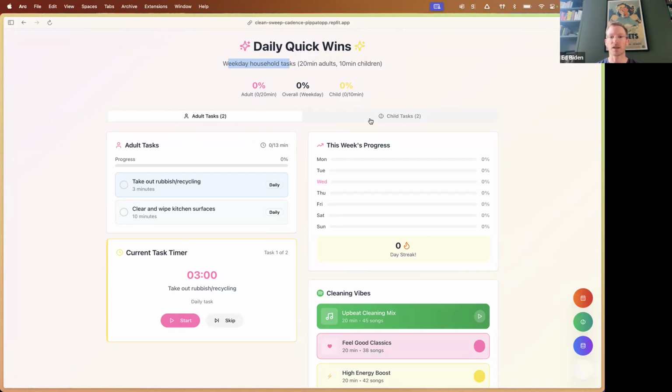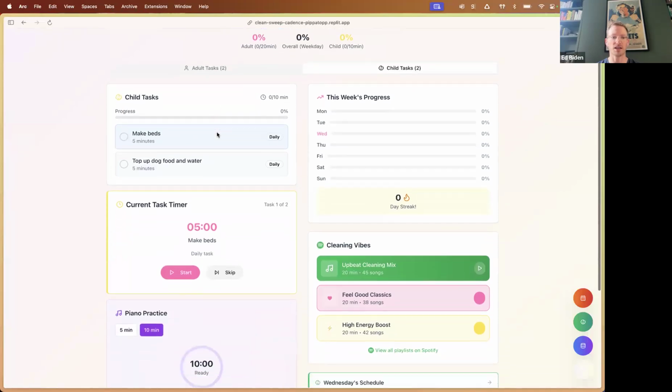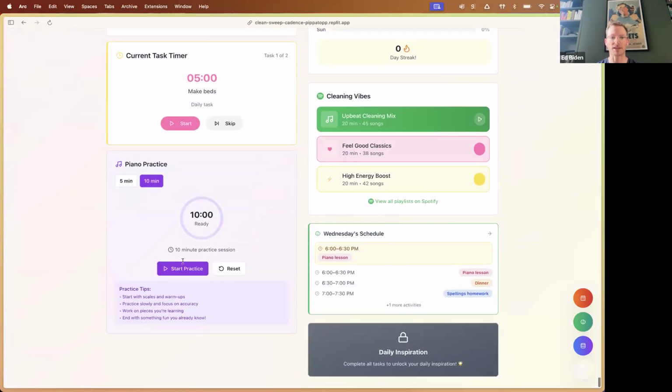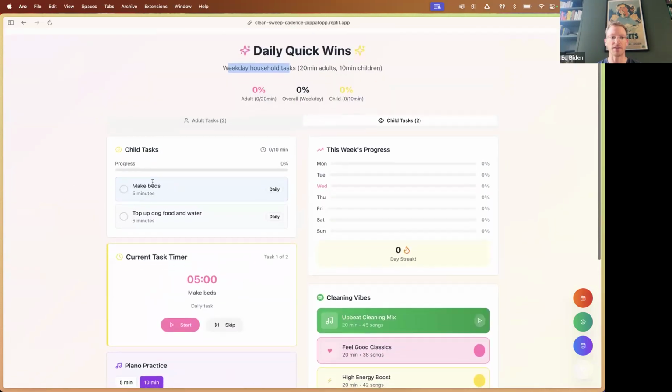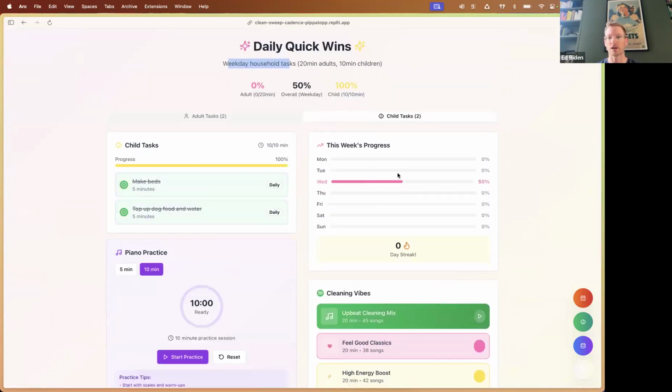Again, they've got children. It's a bit of a theme here. So they've got adult tasks, they've got kids tasks. You can add things like piano practice, and it has a little timer. They can play a little song from Spotify or a playlist while they're doing their tasks. And then as you mark them off, they'll get tracked so that you can see that you're getting